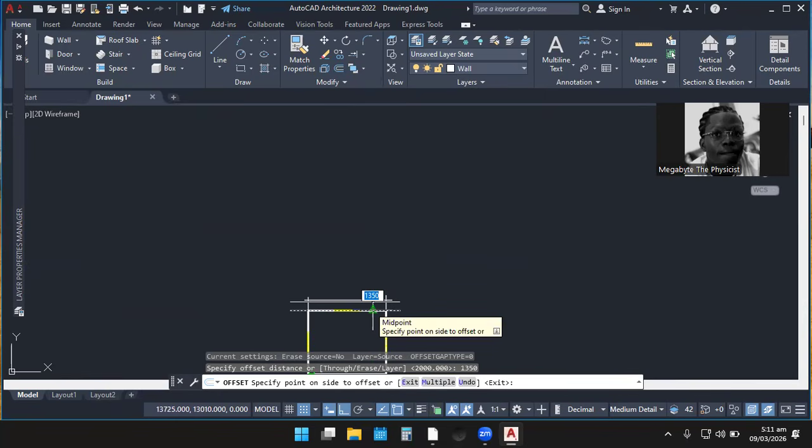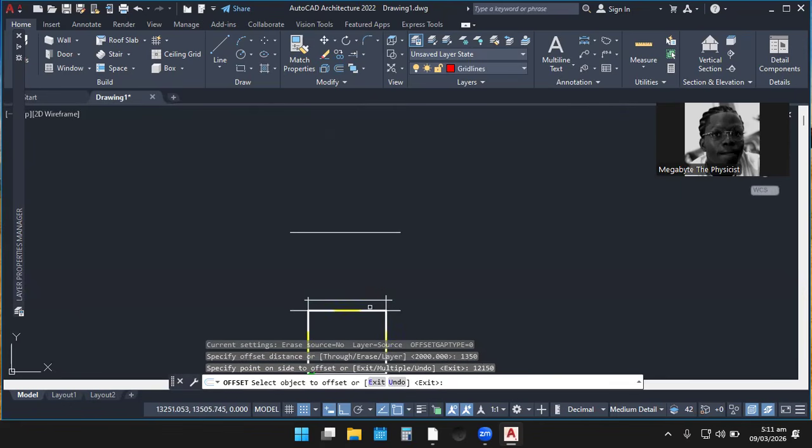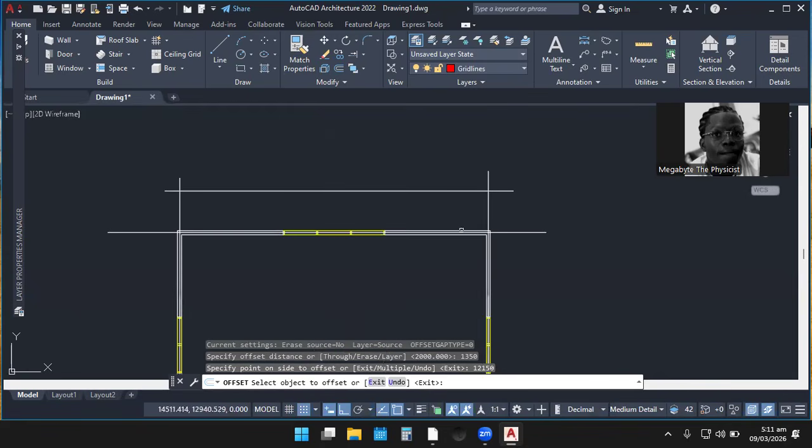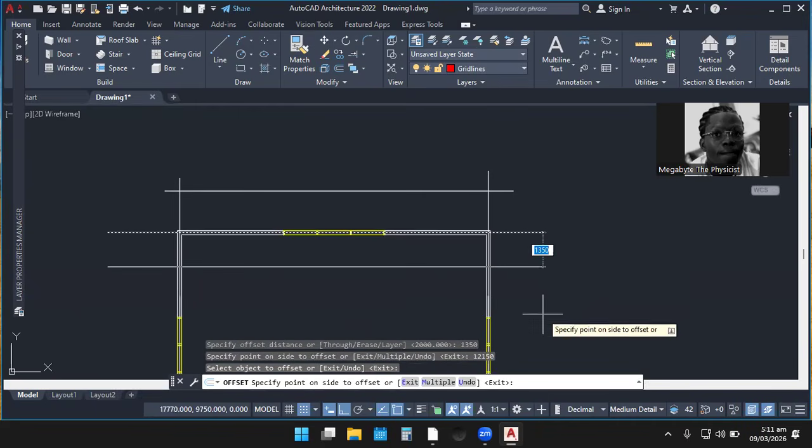Now let's quickly point that. So that is 12,000. Plus 150, we are going to get 12150. This is how we're supposed to get it, right? So after the offset, let's offset this inward.